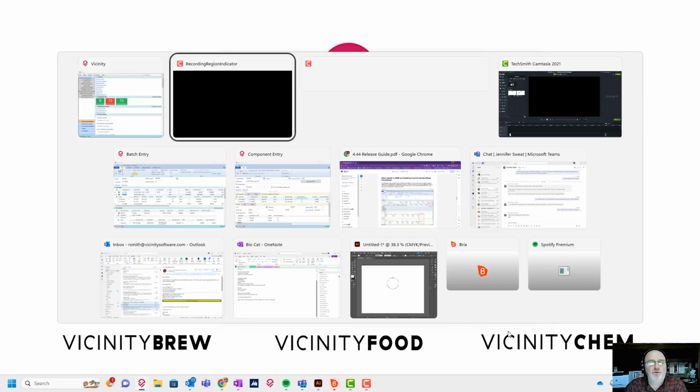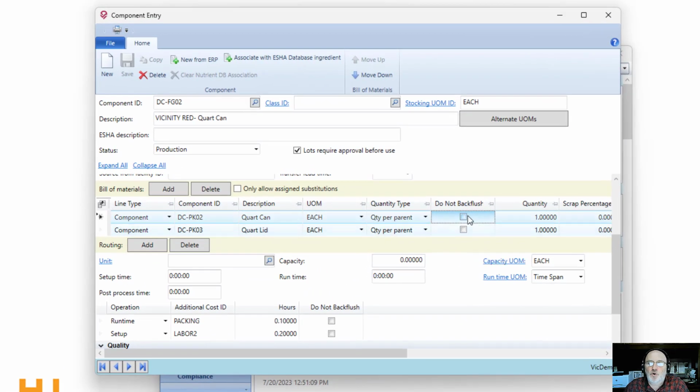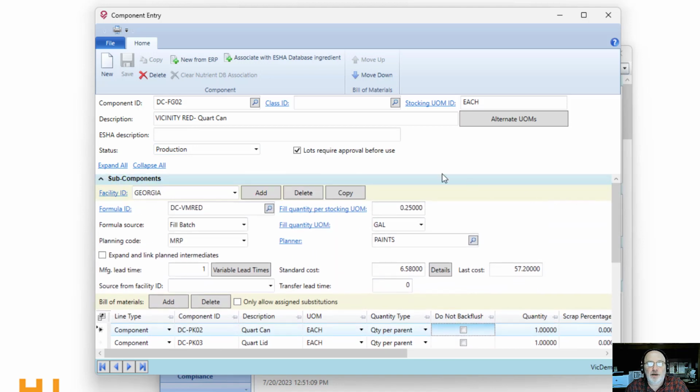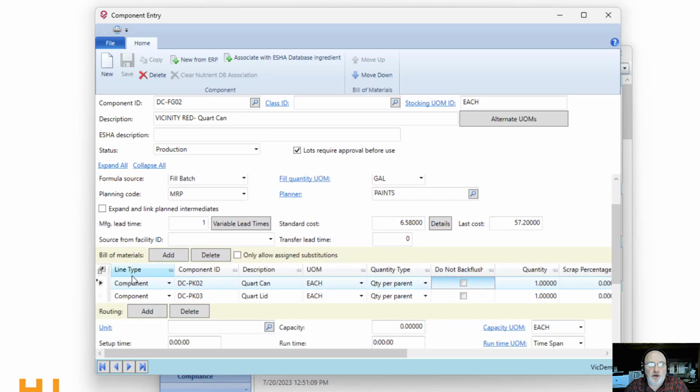A few years ago, we added the ability to control whether you backflush the bill of material on an end item. So I'm in component entry and I've got an end item pulled up, and in the subcomponent area where you define what formula is used to make that finished good, and then you talk about what the packaging is to make that finished good. A couple of versions ago, we added this do not backflush